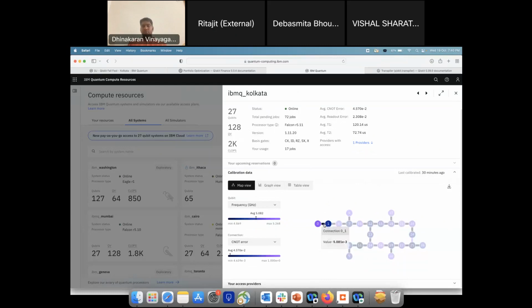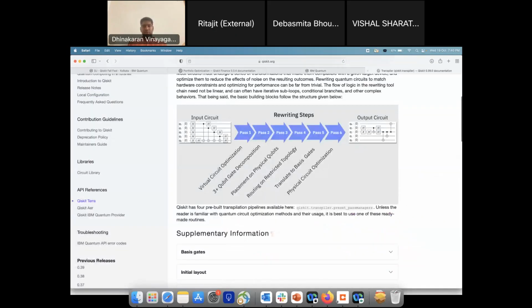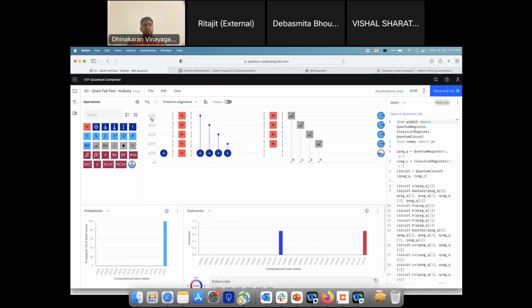So we just try to implement single and two qubit gates in this. And if you go here, there are a variety of details that you can find about this. That's beyond the scope of this lecture. So one thing that the transpiler does is break down a three qubit gate into a set of 1 and 2 qubit gates. And then the next thing to do is, here we write a program saying Q0, Q1,